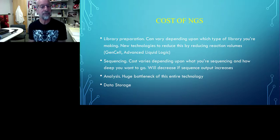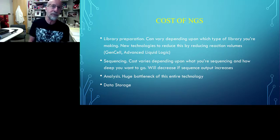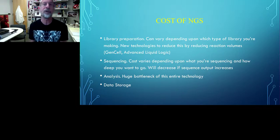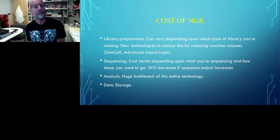a series of things. The first is the library preparation. And of course, depending on the type of library you make, there are different prices. Actually, the simplest library preparation of all is whole genome sequencing. Some of the other ones are actually more complex and end up being a lot more expensive. Now,